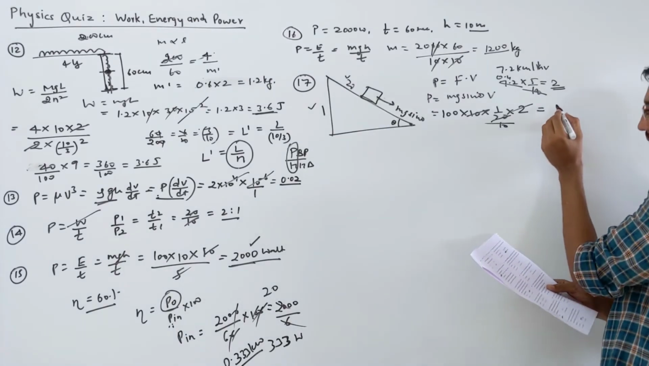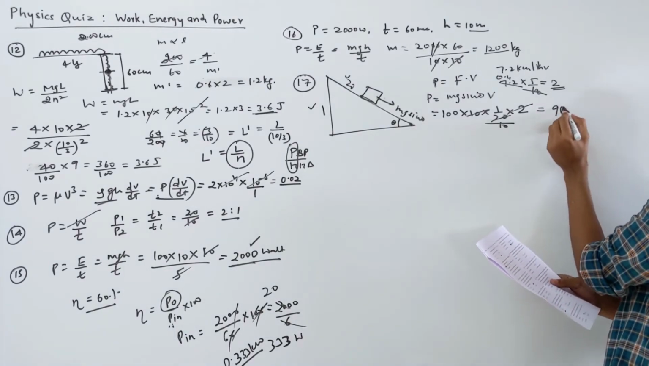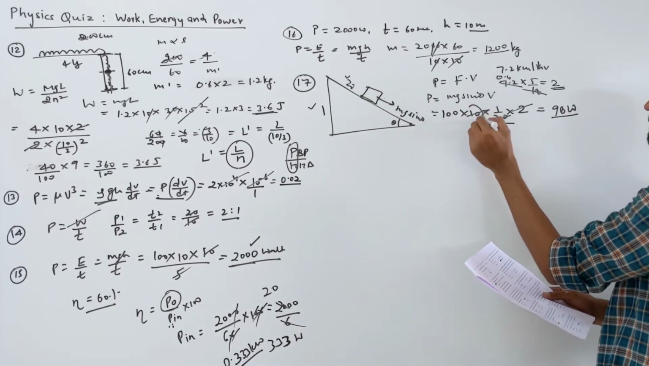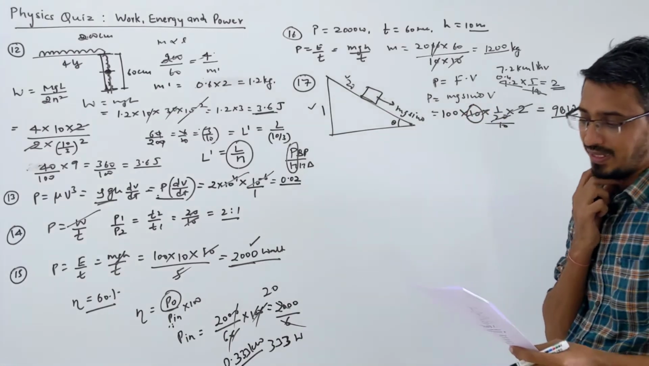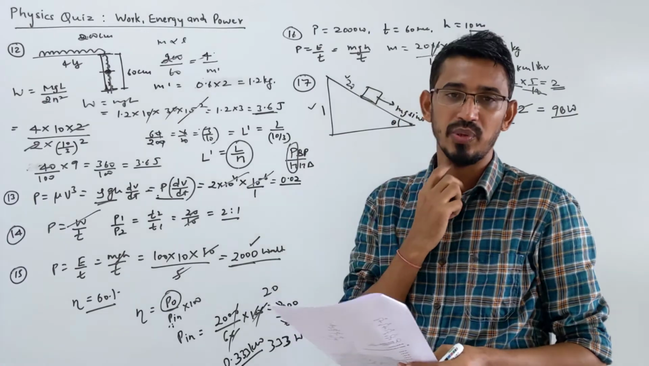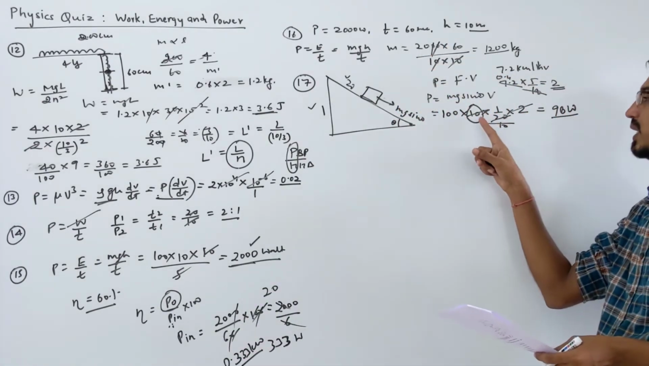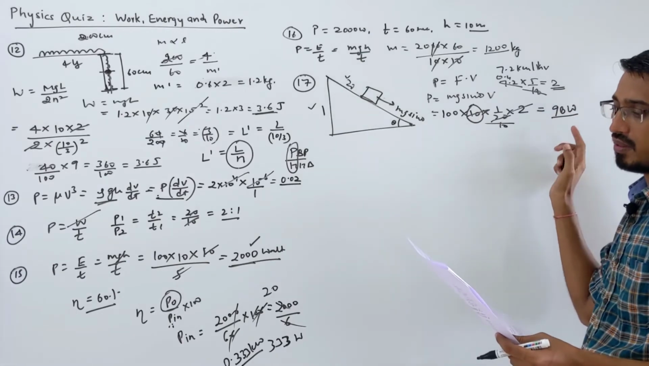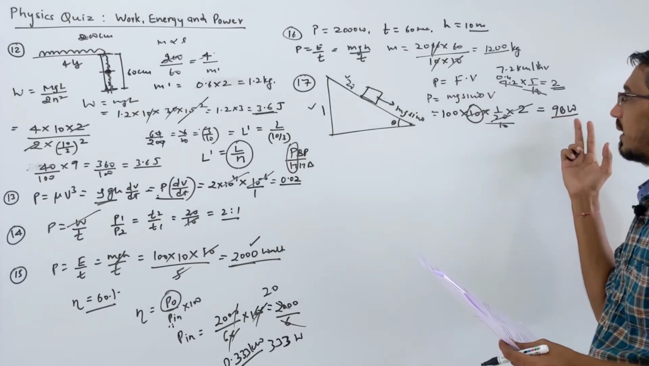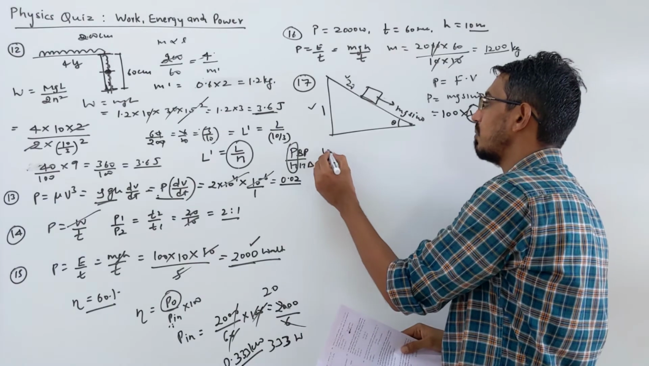So I am getting 100, but the answer is given as 98 actually, because of g. g I am putting 10, and they are putting g value as 9.8. So when you put 9.8 here, you get the answer as 98 watt. I am putting g 10, I am getting 100, but they give a very close answer only. So this is the correct answer. Moving to problem number